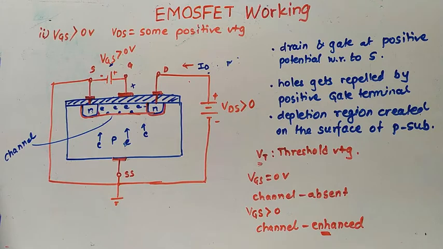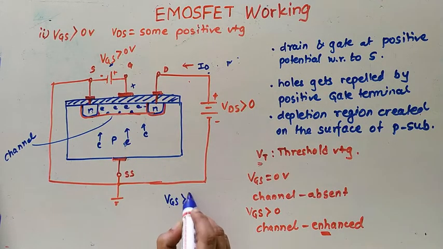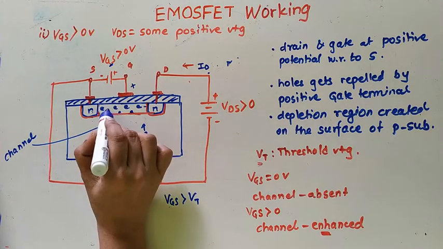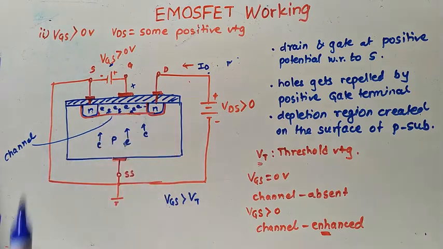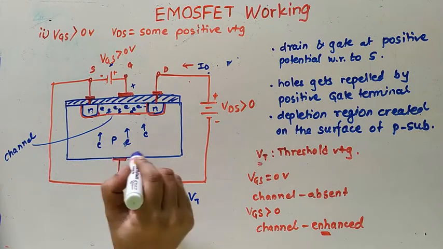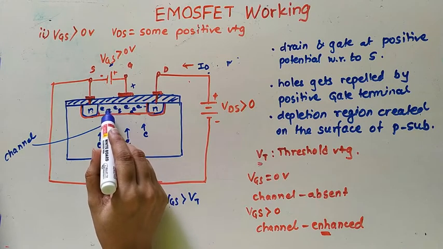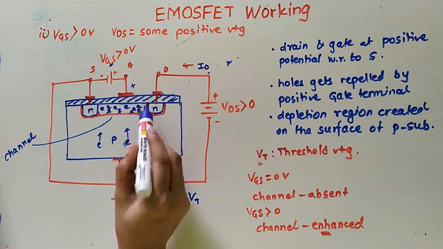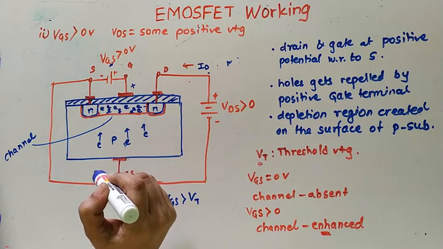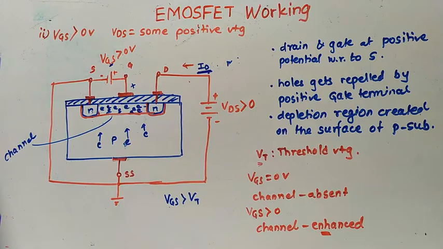Now as we increase the VGS voltage beyond the VT, what will happen? The density of free carriers in this induced channel will increase, meaning a greater number of electrons from deeper in this P type of material will get attracted towards the channel, and here the density of free carriers will increase, and due to that our current level, the ID current, will also increase.